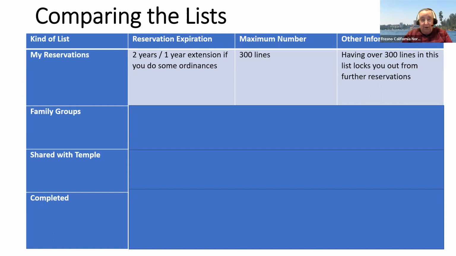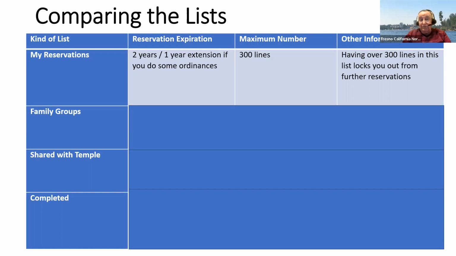That locks you out. You can do other things within your ordinance lists, but you're not going to be able to add anything to your ordinances. You're not going to be able to share and put something over in shared that you didn't have before, because before you share it, you have to reserve it, and you're not going to be allowed to reserve. So that's a major change.